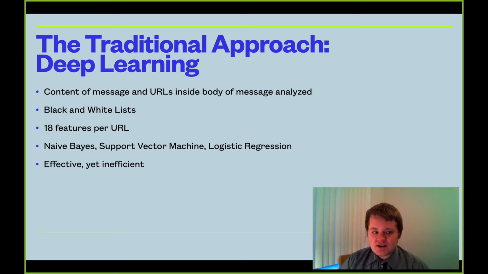These three tactics are utilized with 20 to 30,000 URLs using both lexical and host features. These machine learning models are able to achieve a 95 to 99% detection accuracy with an error rate between 1.9 and 3.5%. This method of using deep learning has proven to be extremely effective.